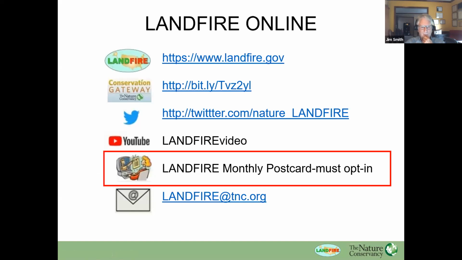You can learn a lot from LANDFIRE online. Of course, there's the program website, which you see at the top. TNC maintains a science website called Conservation Gateway. And if you go there and search for LANDFIRE, we have a lot of information there about applications and uses, particularly for conservation, but not exclusively. We can certainly provide you some examples of how LANDFIRE products have been used.